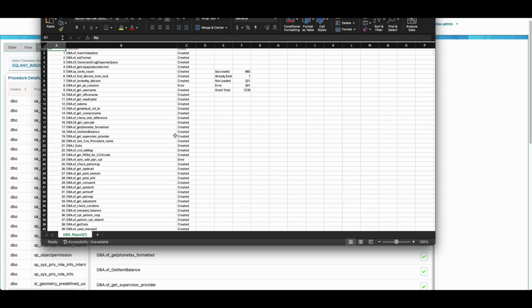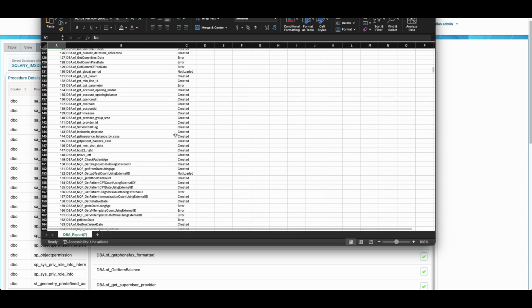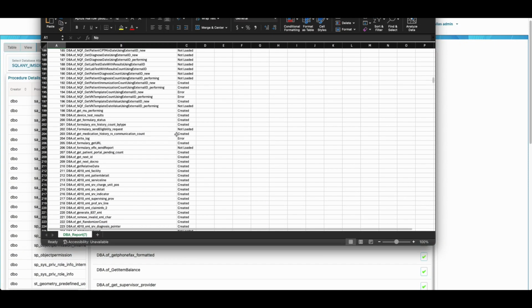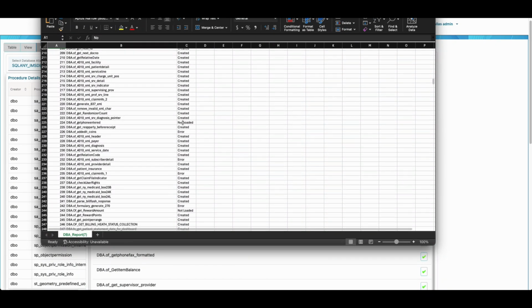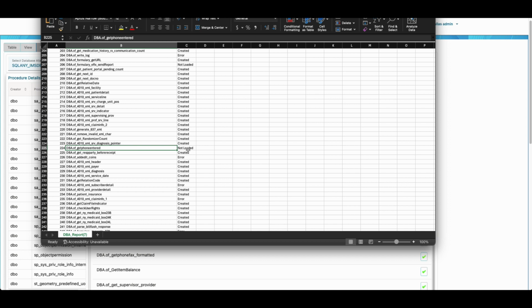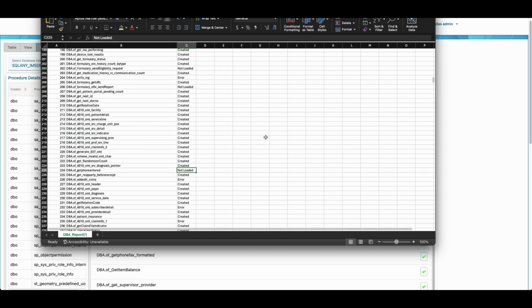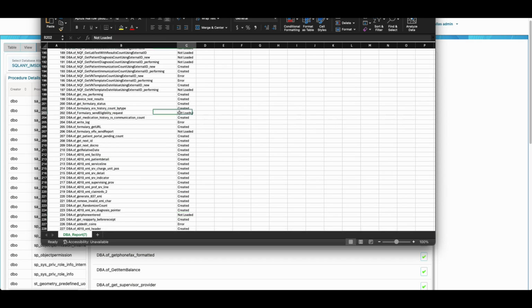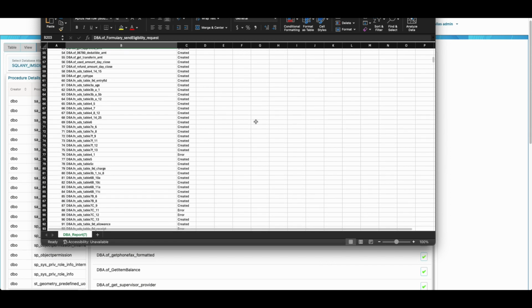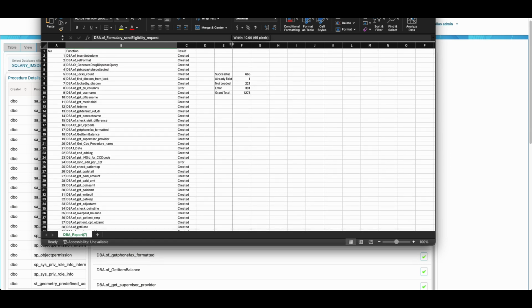In this case it actually lists all the objects which are created, and some objects are not loaded, which means that we are not able to get that source code from the source database for some reason, right? We have to analyze why we are not able to load those. So in summary, we were able to analyze half of the objects, which are procedures and views on the source database. We were able to convert more than 50% of the objects,